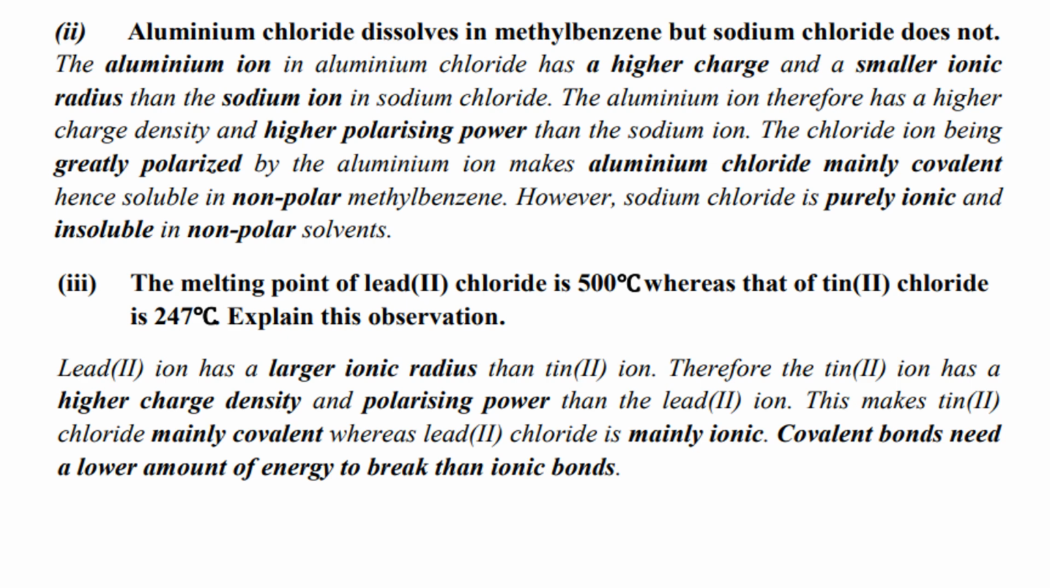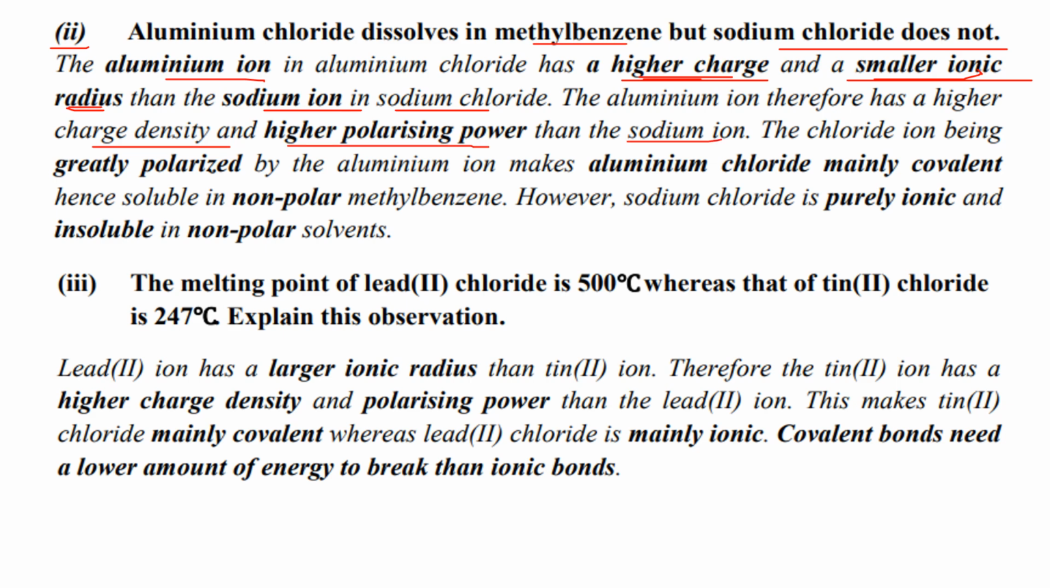So the other explanation you're going to look at, which is going to be our Roman number 2, you're going to say that aluminum chloride dissolves in methylbenzene, but sodium chloride does not. And the reason for that, you're going to say that the aluminum ion in aluminum chloride has a higher charge density, or you can just say the aluminum ion in aluminum chloride has a higher charge together with a smaller ionic radius, which are the properties for it to have a higher polarizing power. So you're going to say that it has a higher charge density and a smaller ionic radius than the sodium ion in sodium chloride, and as a result, it has a higher charge density together with a higher polarizing power